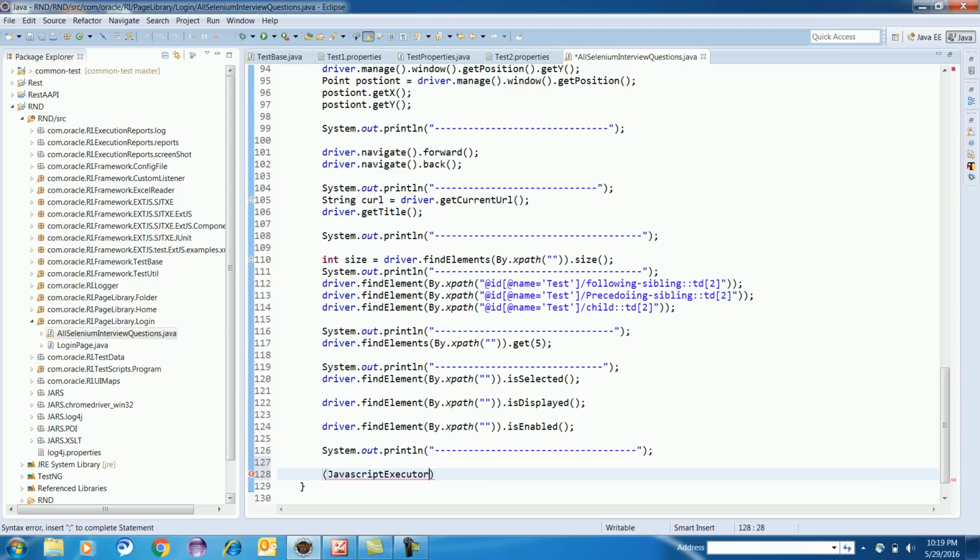So you have something called JavaScript executor. You have to cast your driver with this. You can copy this; I will convert it into a variable.